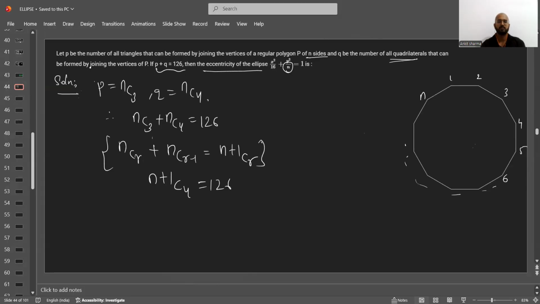So now we'll solve this. n plus 1 C4 we can open this way: n plus 1 into n into n minus 1 into n minus 2 over 4 into 3 into 2 into 1 is equal to